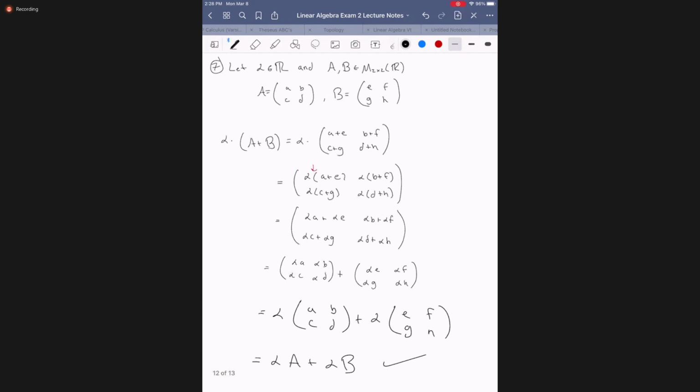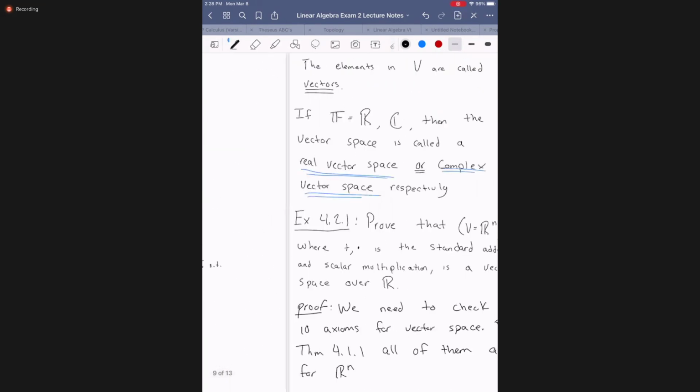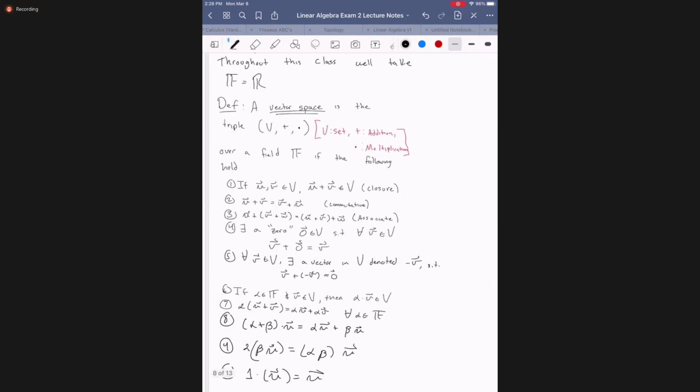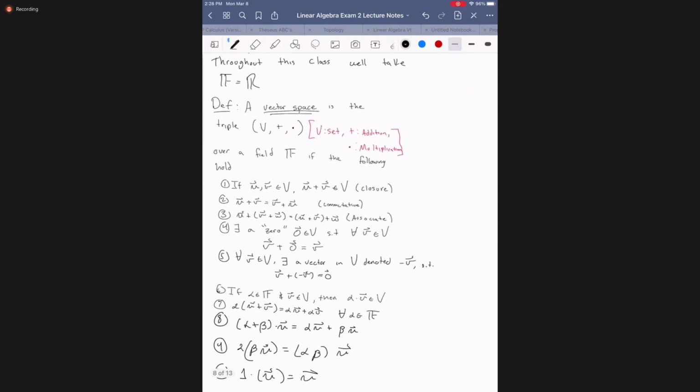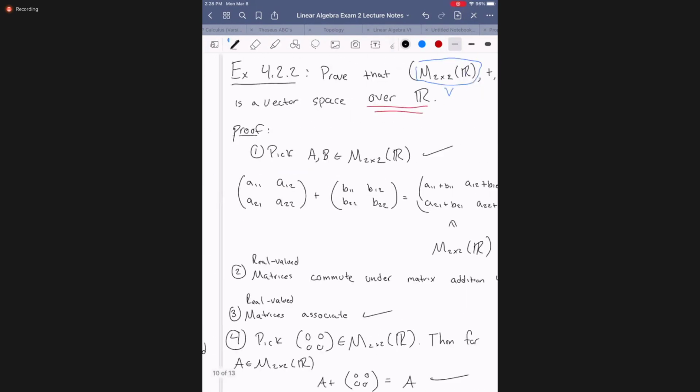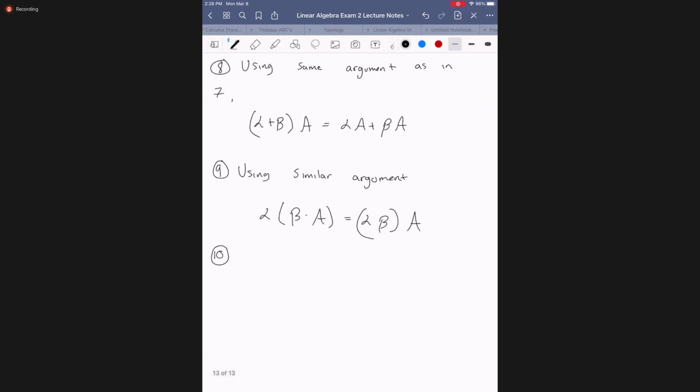And then 10, one times u is equal to u. So pick 1 in the real numbers in this case. So 1 times A is definitely just equal to A, right? Because every entry is going to multiply by 1. Real 1 times any real number is that real number. Okay, so